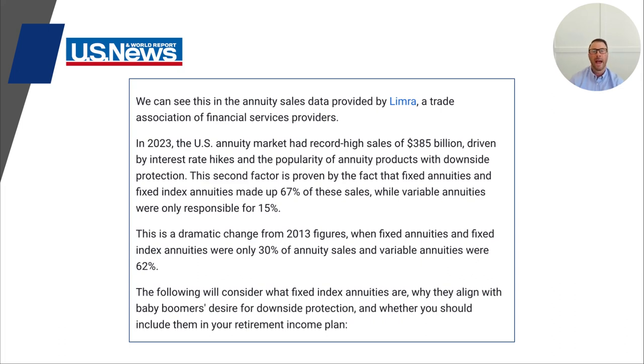This is a dramatic change from 2013. So there's been a huge shift in the last decade from variable annuities to fixed index annuities. As you can see here, in 2013, fixed annuities and fixed index annuities were only 30% of the sales, and variable annuities were 62%. Again, a major shift from 62 down to 15%. The following will consider whether fixed index annuities align with baby boomers' desire for downside protection, and whether you should include them in your retirement income plan, which we're going to talk about as I explain how